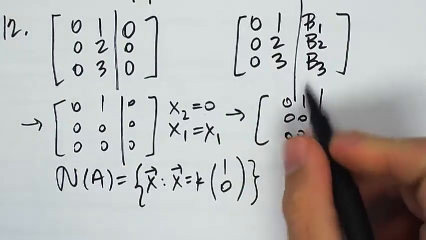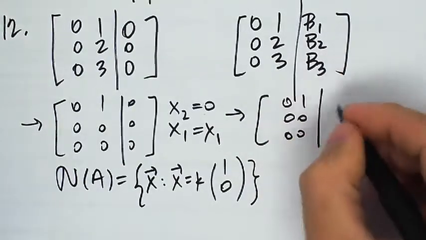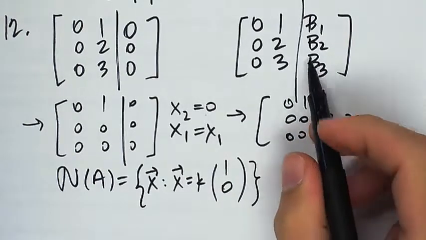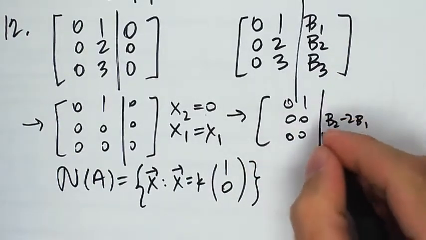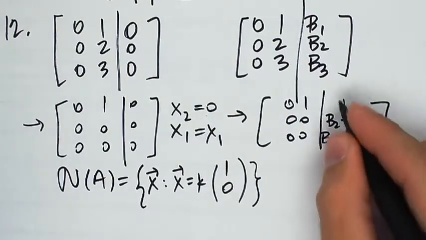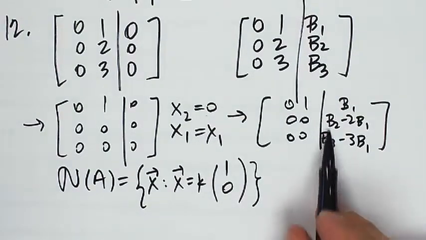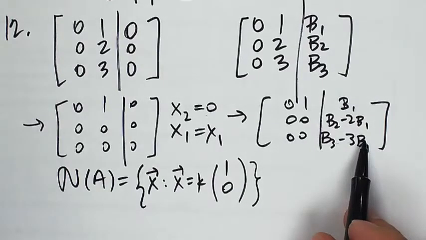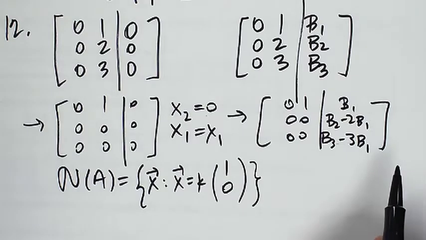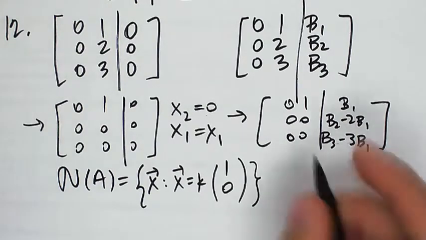All right, we know how it's going to row reduce. I'm just going to subtract 2 b1s from b2 and 3 row 1s from row 3, so b3 minus 3 b1s. It's still b1. And now I need these two things to both equal 0. But that means that they're both equal to each other. So, yeah, I'm just going to say